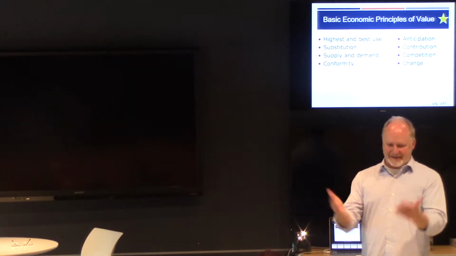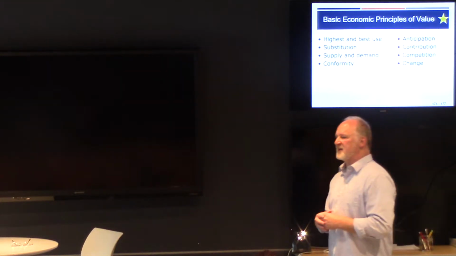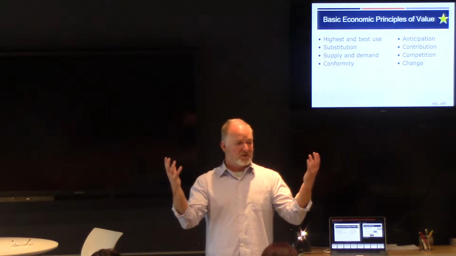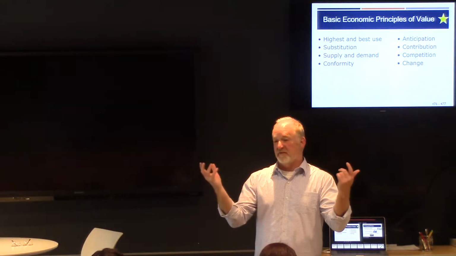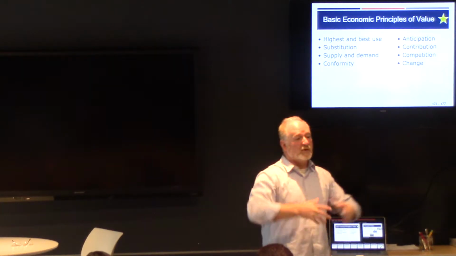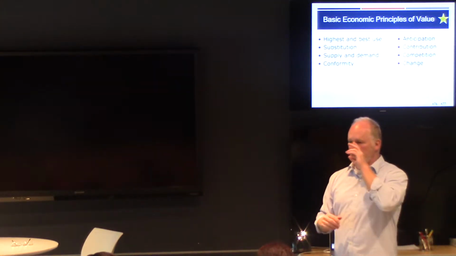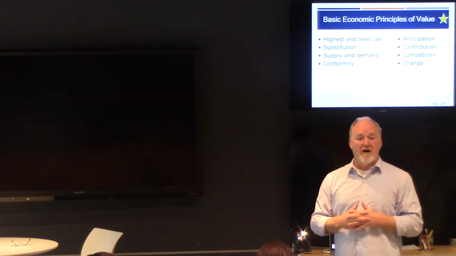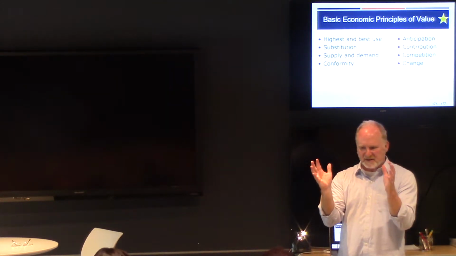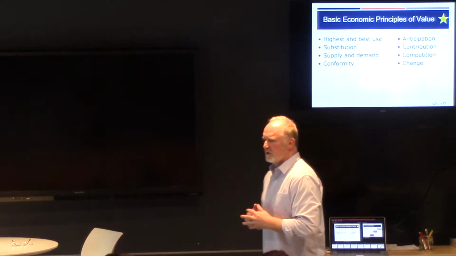That is by design, okay? It's the most efficient, most effective way to create a subdivision because everybody holds each other's property values up. And as much as you hate HOAs and restrictive covenants, that's part of holding each other's values up, okay? You must build at least this size. You can't use these crazy colors. We're holding each other's value up. The economic principle of conformity. You want to have a small star beside it. Not as big as the star next to substitution, but I do want you to be familiar with that term. Okay?